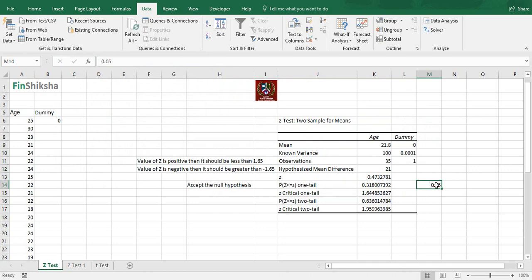So with the same data set, if I change the value of alpha, if I change the value of mean, or if I change the value of variance, my output will vary on the same data set. So that's how the z test works, the two-tailed z test works.